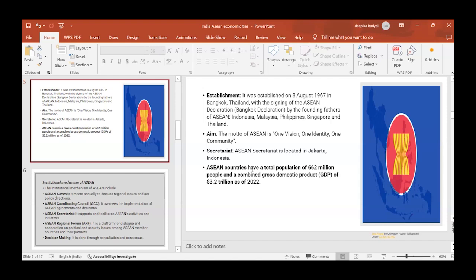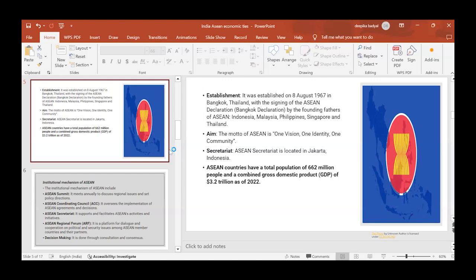Basically, a country like Singapore has emerged as one of the economic powerhouses. It is a free market economy, and it has emerged as a leader in services and in the financial industry. Countries like Vietnam have registered tremendous growth over the last few years, and it has emerged as a technology hub and the startup hub of the region. As far as the Indo-Pacific region is concerned, it is in this context we need to understand India's relations with ASEAN. India's relationship with ASEAN is the central pillar of our activist policy.